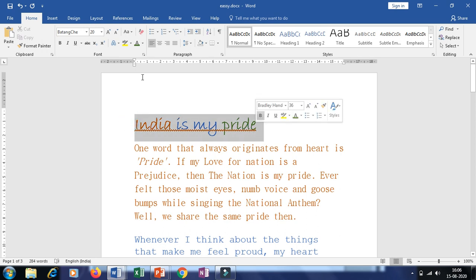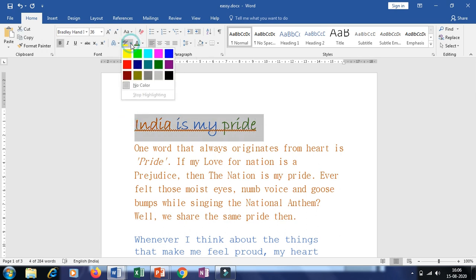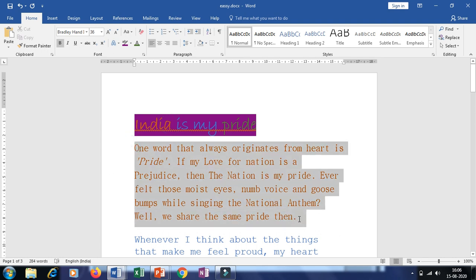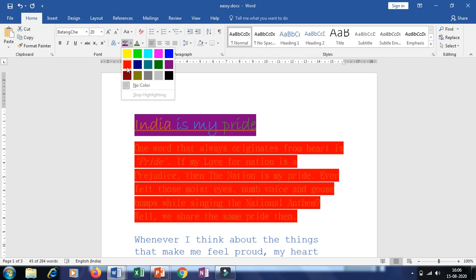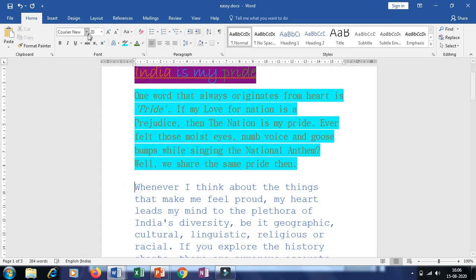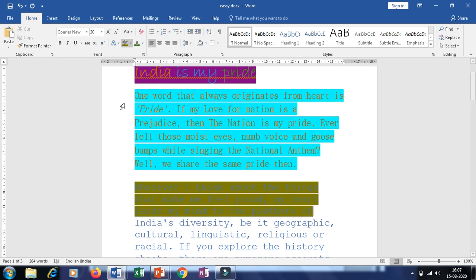So we will do that. I'll select the text and I'll use highlighter. When you click on this arrow, you have lots of options. Whichever you want, you can select that. Okay, this way you can select. Okay, you can highlight the text, or simply click on this highlight option, take whichever color you want, and you can just drag, and however much you want to highlight, you can do that much also. This way also you can do.